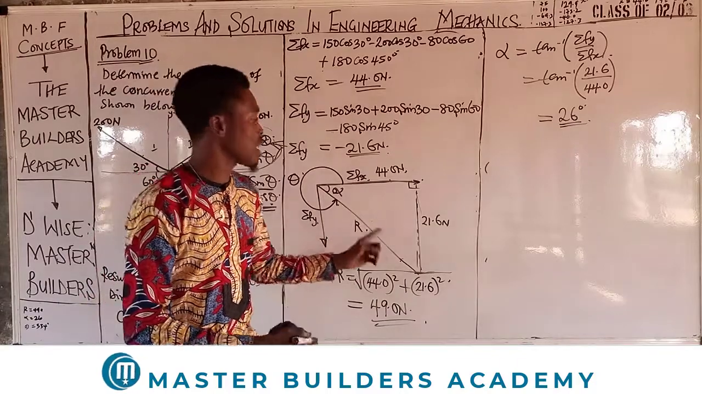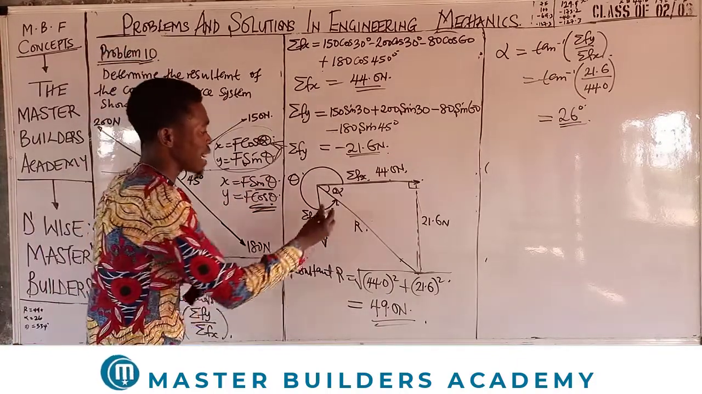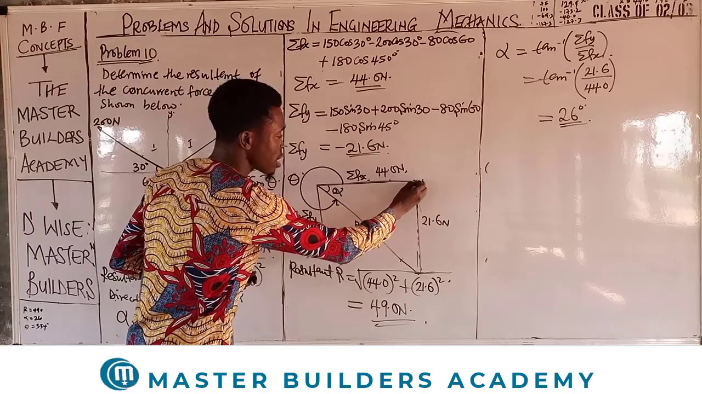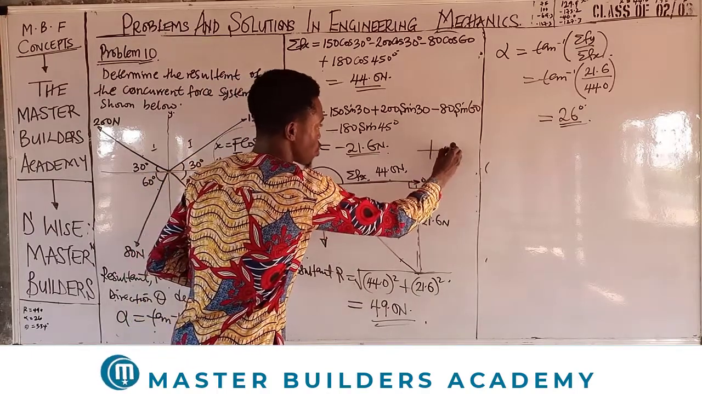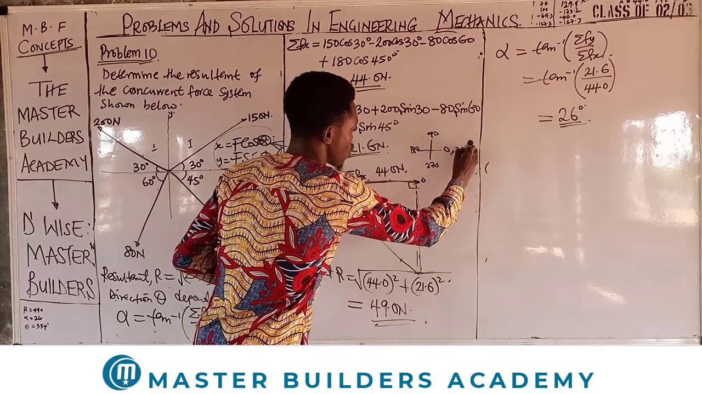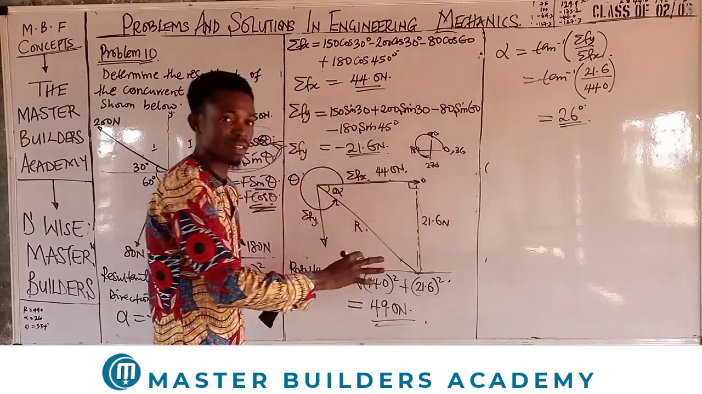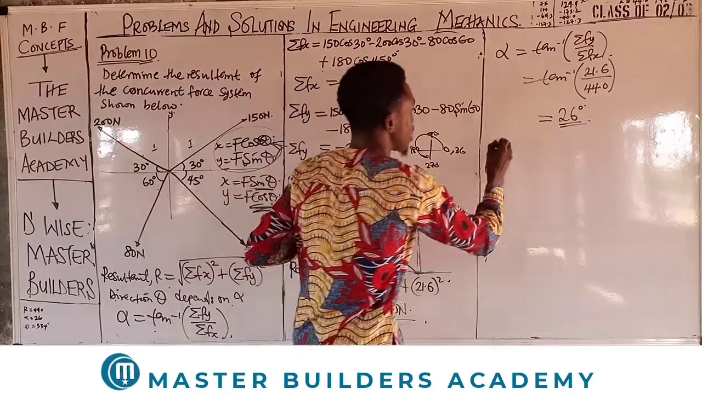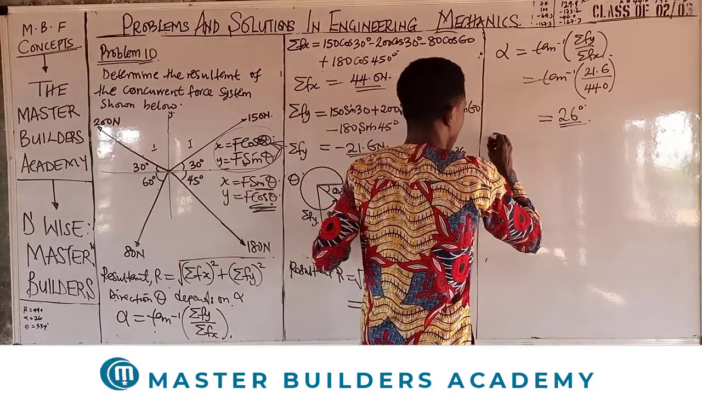So now that we have this raw sketch, how do we now get our resultant? Remember that the resultant must start from this 0. This is 0, like I mentioned before, 0, 90, 180, 270, 360. Is that correct? So you start from 0 and move in an anti-clockwise direction. So this is our resultant. Therefore, resultant direction